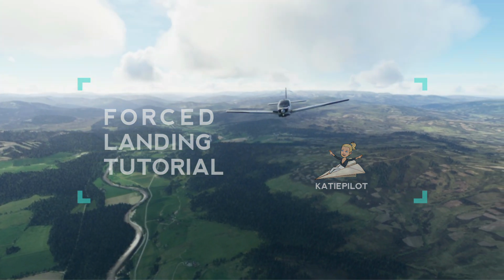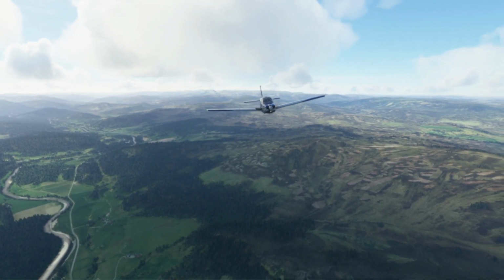Today we're looking at forced landings, and these principles you can apply to any aircraft that you need to ditch